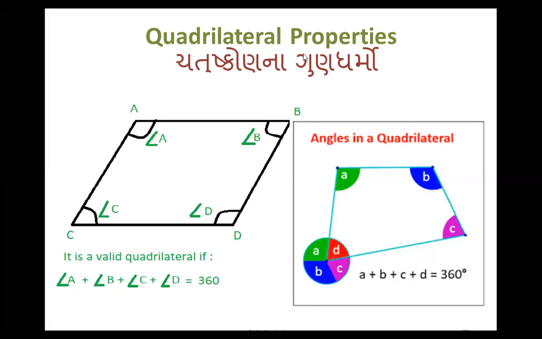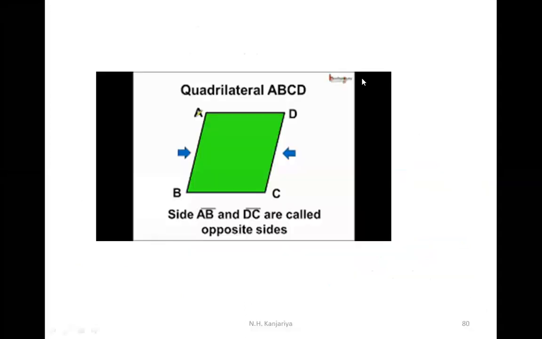Remember this every time. This is the best and most important property: if you have any two angles, you are able to find the other two angles. Okay, how and why? Look here. This is the quadrilateral ABCD. Here AB has an opposite side, which is DC. અહીંયા AB ની સામેની બાજુ છે DC. Opposite side નો meaning થશે સામેની બાજુ. So AB ની સામે જે બાજુ છે એની સામેની બાજુ થઈ.